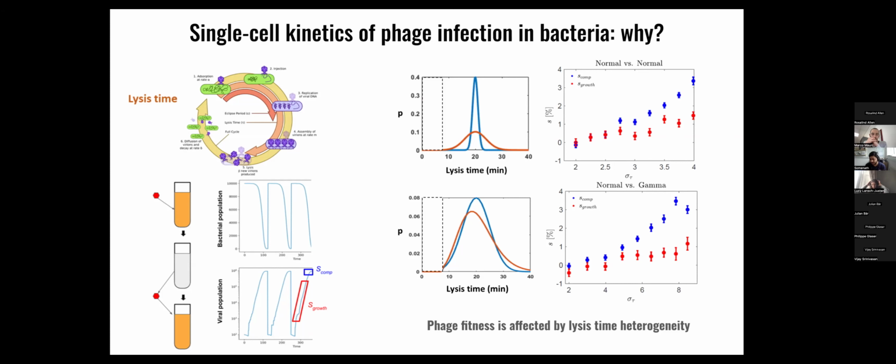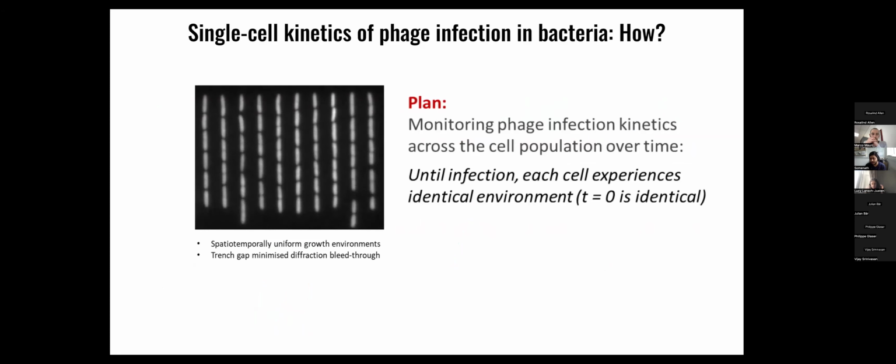And so we went back to the mother machine, because here again, before an infection happens, every cell is experiencing an identical environment, which means we can quantify the infection kinetics across different events and put them together to understand exactly how much heterogeneity there is. But also, during these infection events, we have the full physiological history of that cell, and so we can understand how the physiology of the bacteria affects the kinetics of these steps.